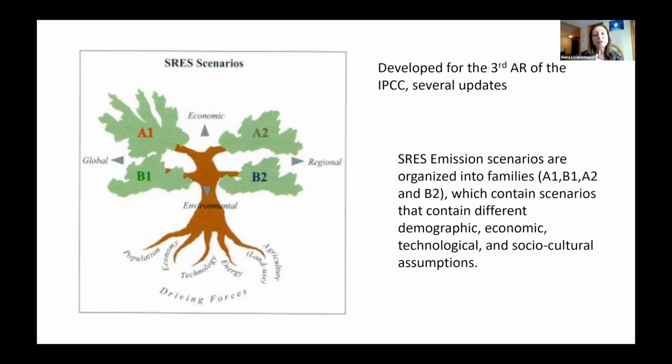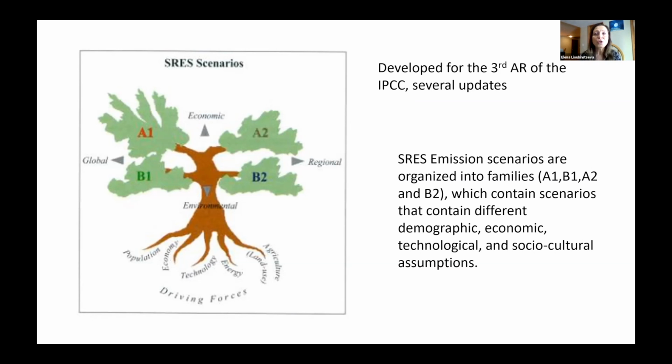And then the other idea that again might sound a little bit outdated is this tension between economic priorities versus environmental priorities. We still hear this rhetoric a lot, especially in the political language, when sometimes there is this assumption that we need to make a choice between the economy and the environment, and it's not necessarily true. So when you would see today some of those examples of scenarios, you would see that there are really 4 major families of SRES scenarios.